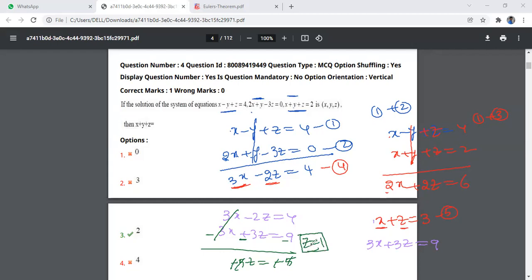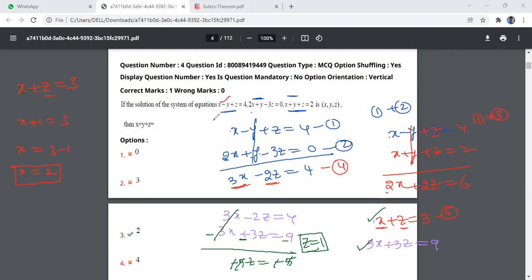So substitute this z is equal to 1 in this equation or in any one equation, but you have to take only a two variable equation, then only you will get the one more value. So here x plus z is equal to 3. Then you substitute z is equal to 1 here. x plus 1 is equal to 3. Then x is equal to 3 minus 1. x is equal to 2. Now you know x value and z value. Then you substitute in the three variable equation. Then you will get the one more variable.